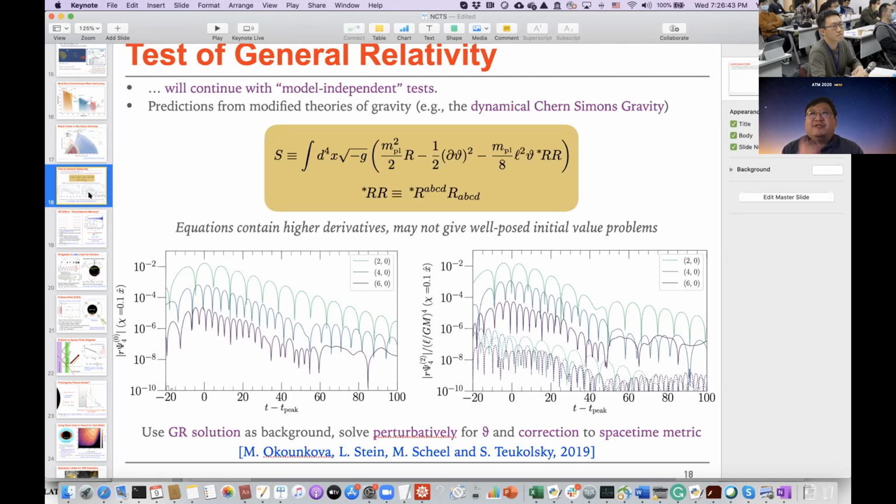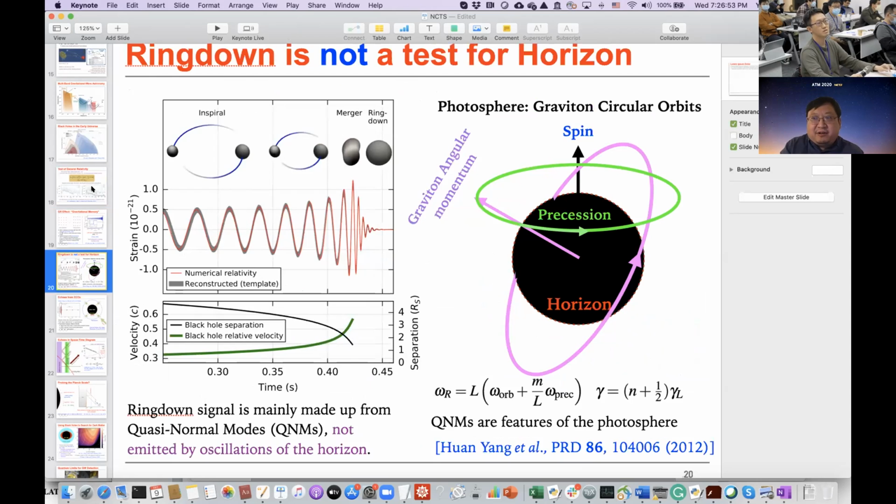I think the most interesting birefringence effect, or the easiest one to explain, is the so-called ring down process. In the ring down of black holes, usually there's a feature called isospectrality. Isospectrality means that the electric type quasi-normal mode and the magnetic type quasi-normal mode have the same set of eigenfrequencies. This is very unusual for a microwave system or for any other resonant system, because, for example, in microwave cavities, the TE and TM modes usually have very different spectra.